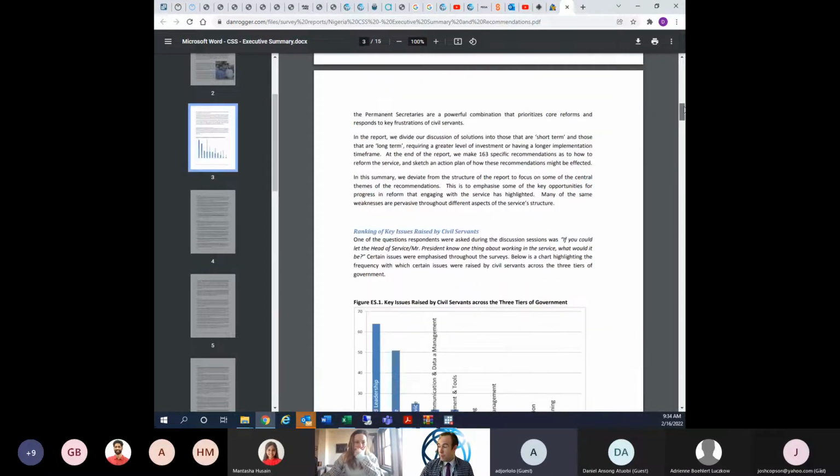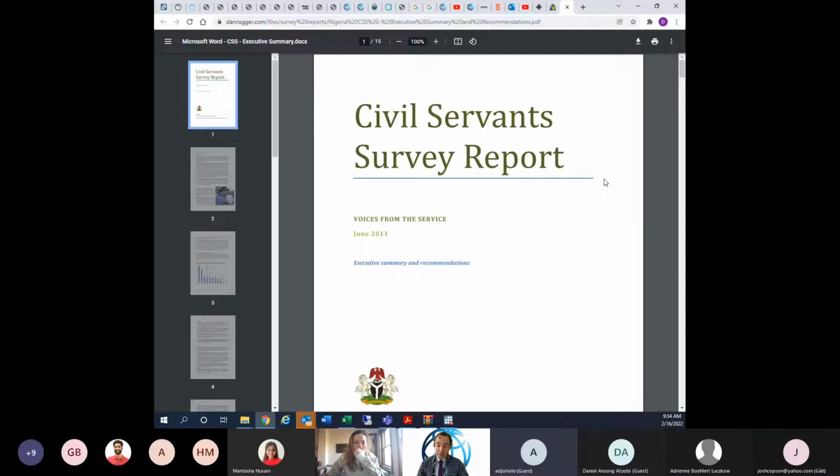So this report made it to State House. And as the permanent secretary said to me, this was the most discussed report that they'd ever had at State House. I said, oh, that's fantastic. What happened? And they said, absolutely nothing. We're going to do nothing. Partly because of the politics. It is a consistent part of public service in Nigeria that it's been a struggle to do public administration reform. But we changed the conversation.